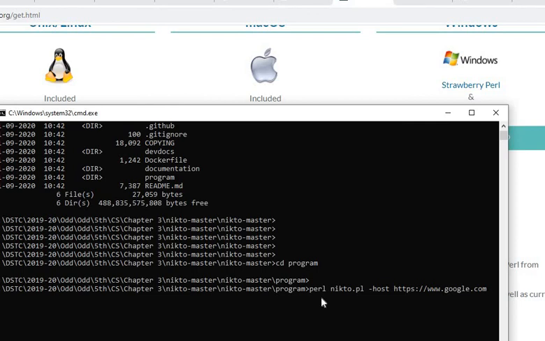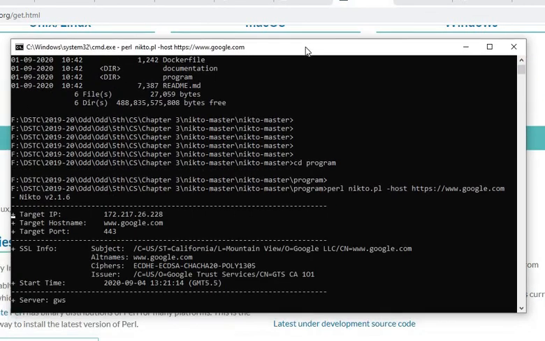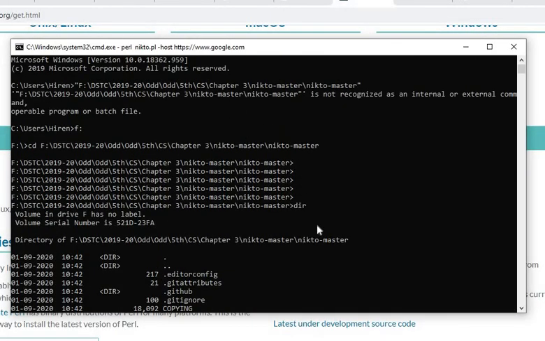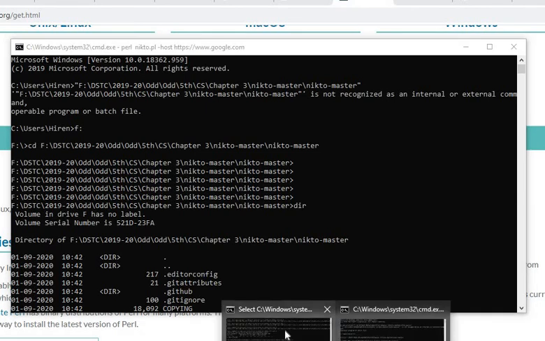Yes. So what we are doing, we are just starting perl nikto and hitting the server. So Nikto is started now. Yes, you can see the target IP. It is showing the IP of the Google server name, port number 443, HTTPS, SSL information, ciphers and all that server information. You can see here. It is still scanning. Yes. So here Google is more safe. We already have scanned Google, and you can see the output over here.